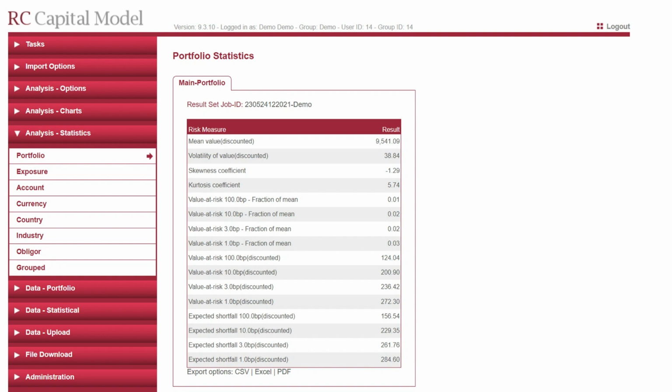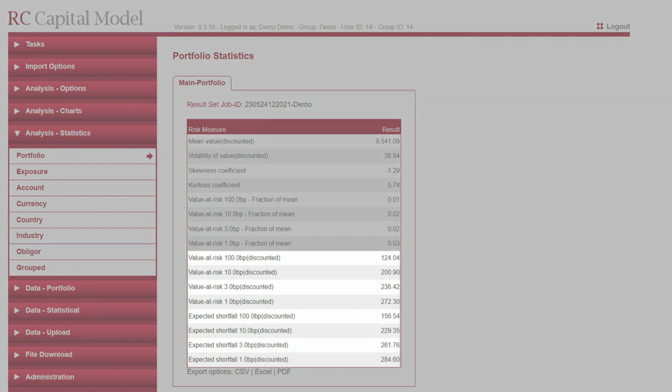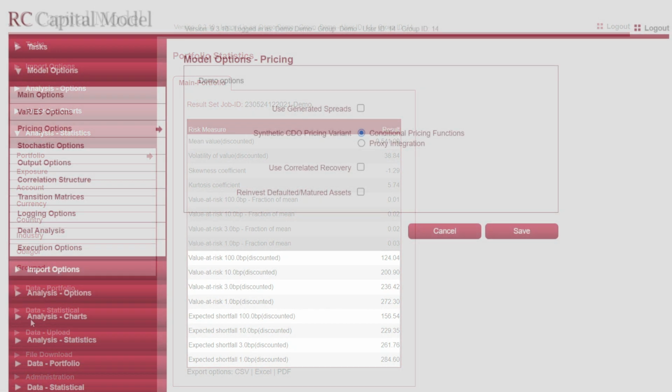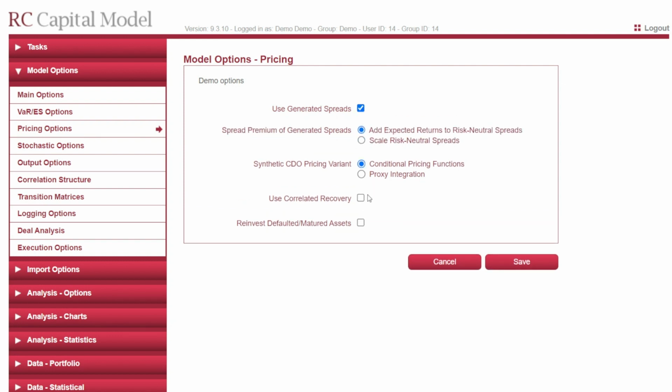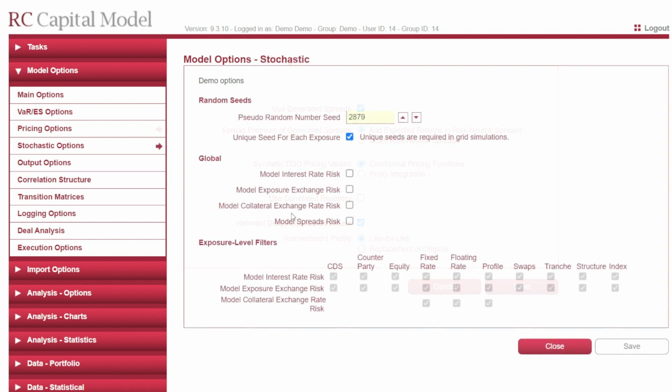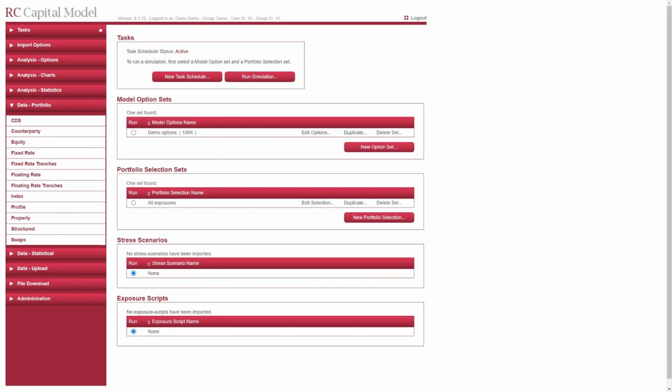Examples of questions one may answer using the capital model are: how much capital should be held against a particular portfolio? If I securitize part of my portfolio, how will this affect my capital? What is the value of a complex structured exposure that depends on an underlying credit portfolio? What is the interest rate or exchange rate risk associated with a book of credit exposures? The capital model permits the user to answer these and other questions under a wide range of different scenarios.